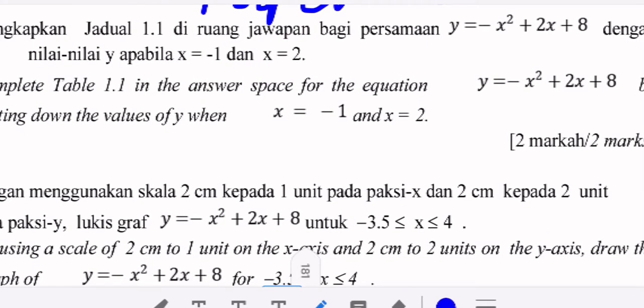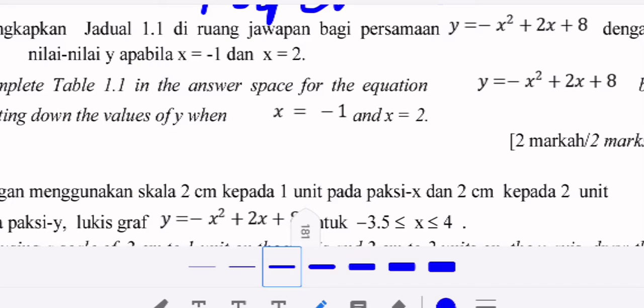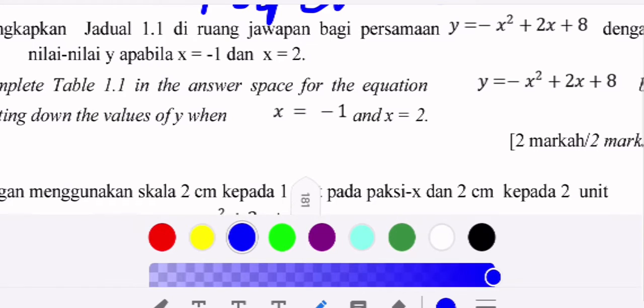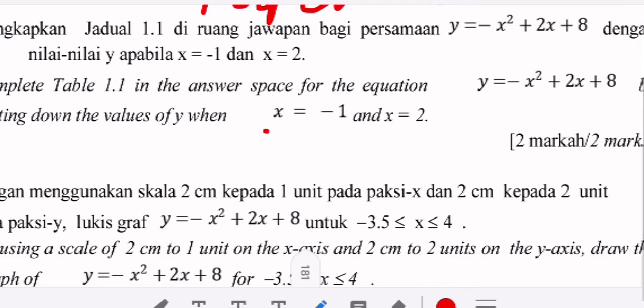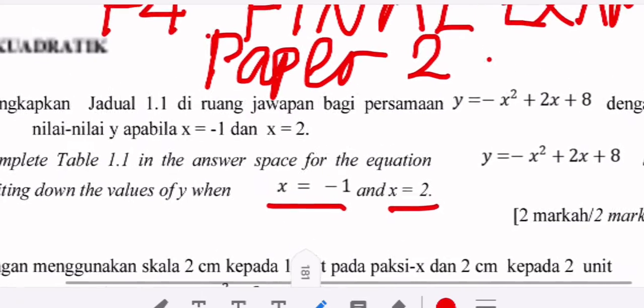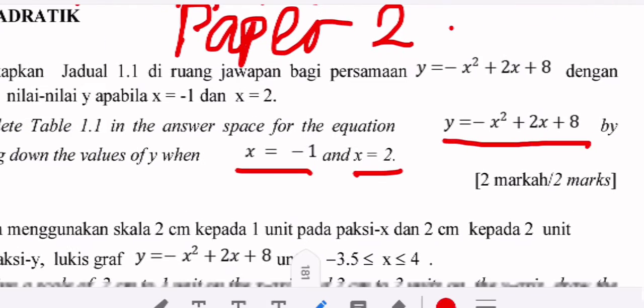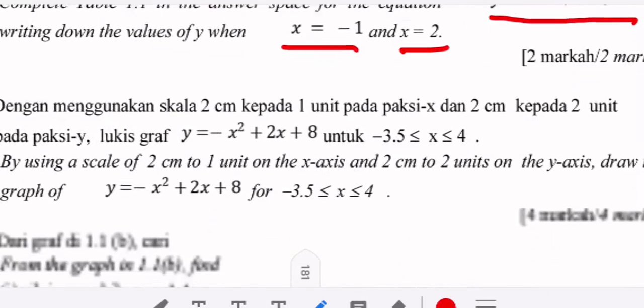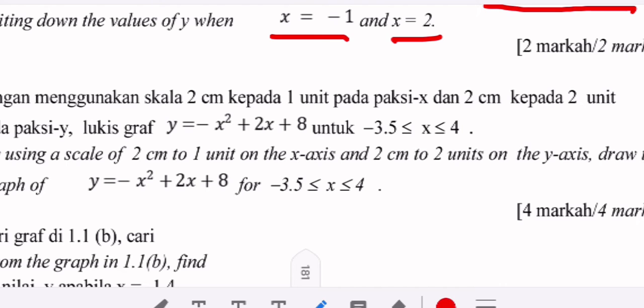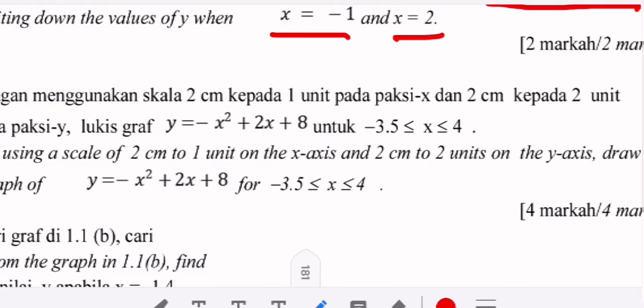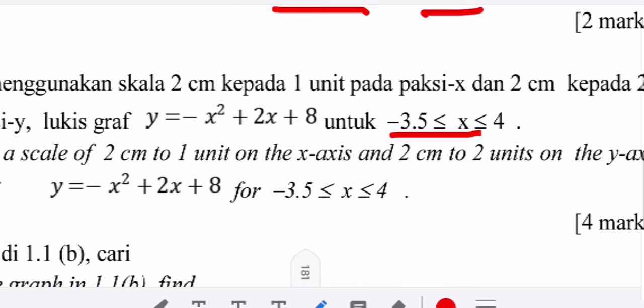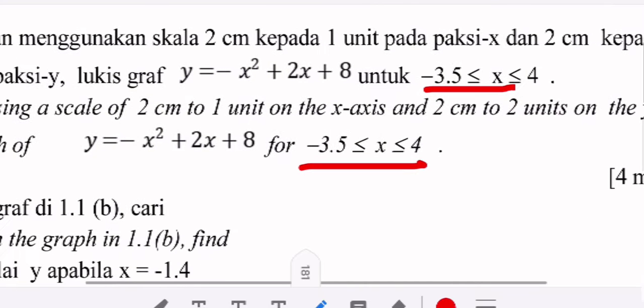So basically when you do the graph question, they will ask you to find the value of the y. Alright, so they will give you the value of x. So you have to substitute the value of x into the equation,